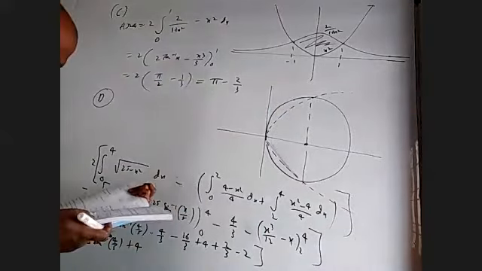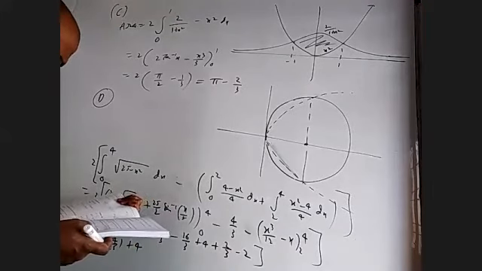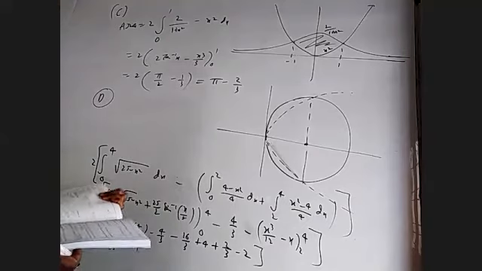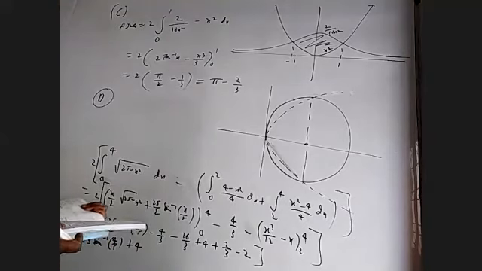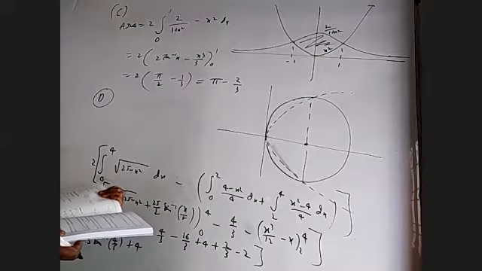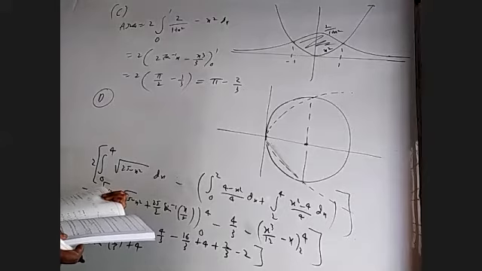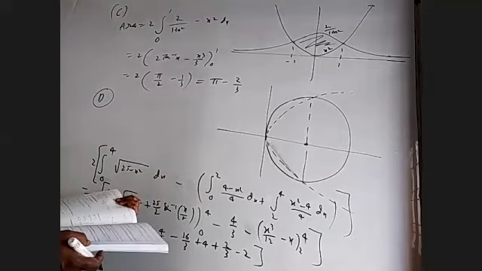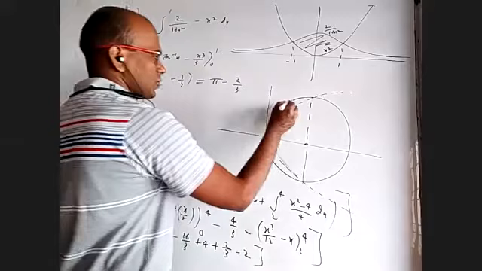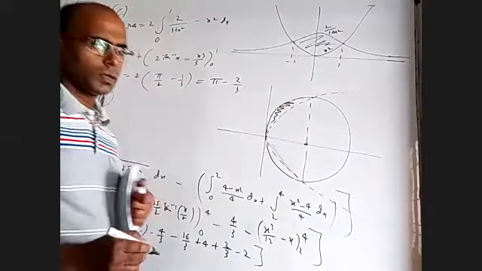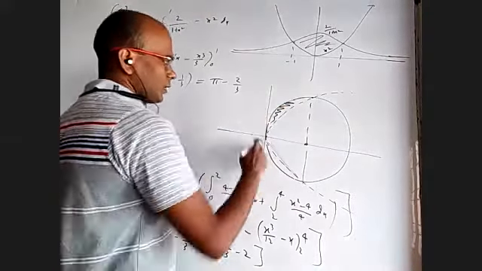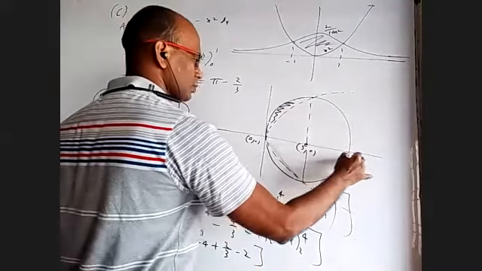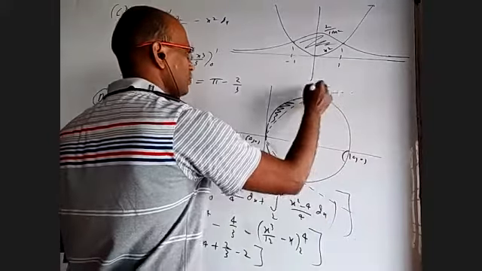Which option is left for us? 25 pi by 4 minus 2 by 3. Did we cover that? Maybe not, so we'll get that. So 25 pi by 4. I think maybe they found only this area. Let us see. If they found only this area, it is the semicircle minus the area under this. This is (0, 0), this is (5, 0), this is (10, 0), this is (5, 5).